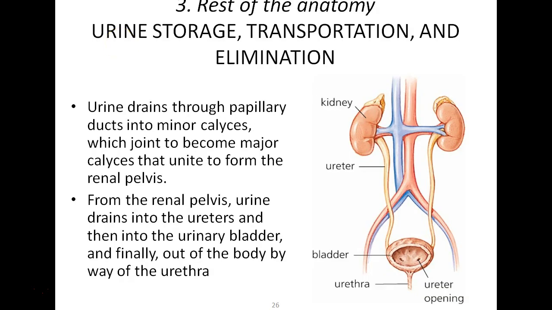And at this point, we switch gears and we now talk about the gross anatomy again. We're looking back on a non-microscopic level, and we're looking at urine storage, how urine is transported, and how that urine gets eliminated. So recall that urine does not have any bacteria. We did not see any bacteria, at least in a normal situation. So urine is a sterile excretion,